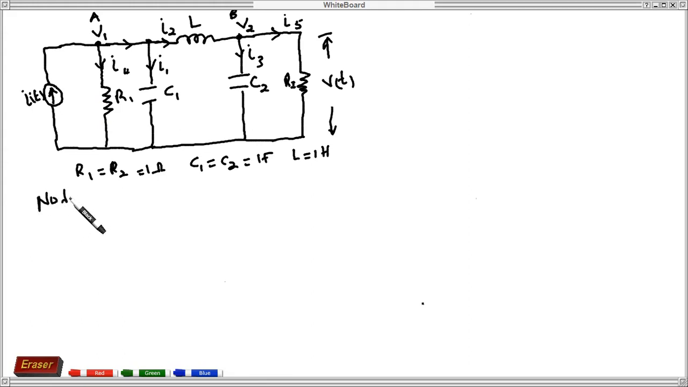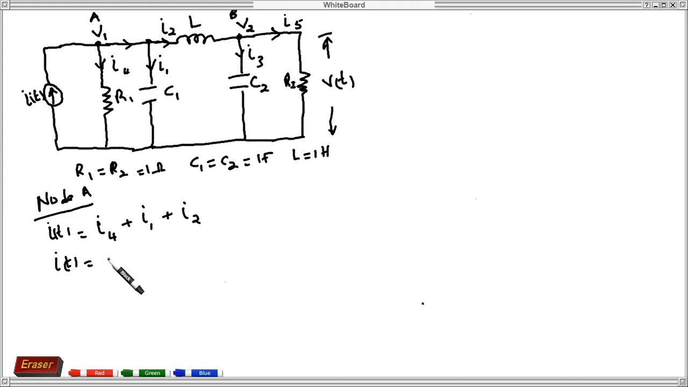So we start with node A. We know that the current that gets to node A, or the Kirchhoff's current law at node A, is I of T, which must be equal to what leaves the node, which is I4 plus I1 plus I2. That is the current at node A. This can be written as I of T is equals to I4, the current through the resistor R1, which